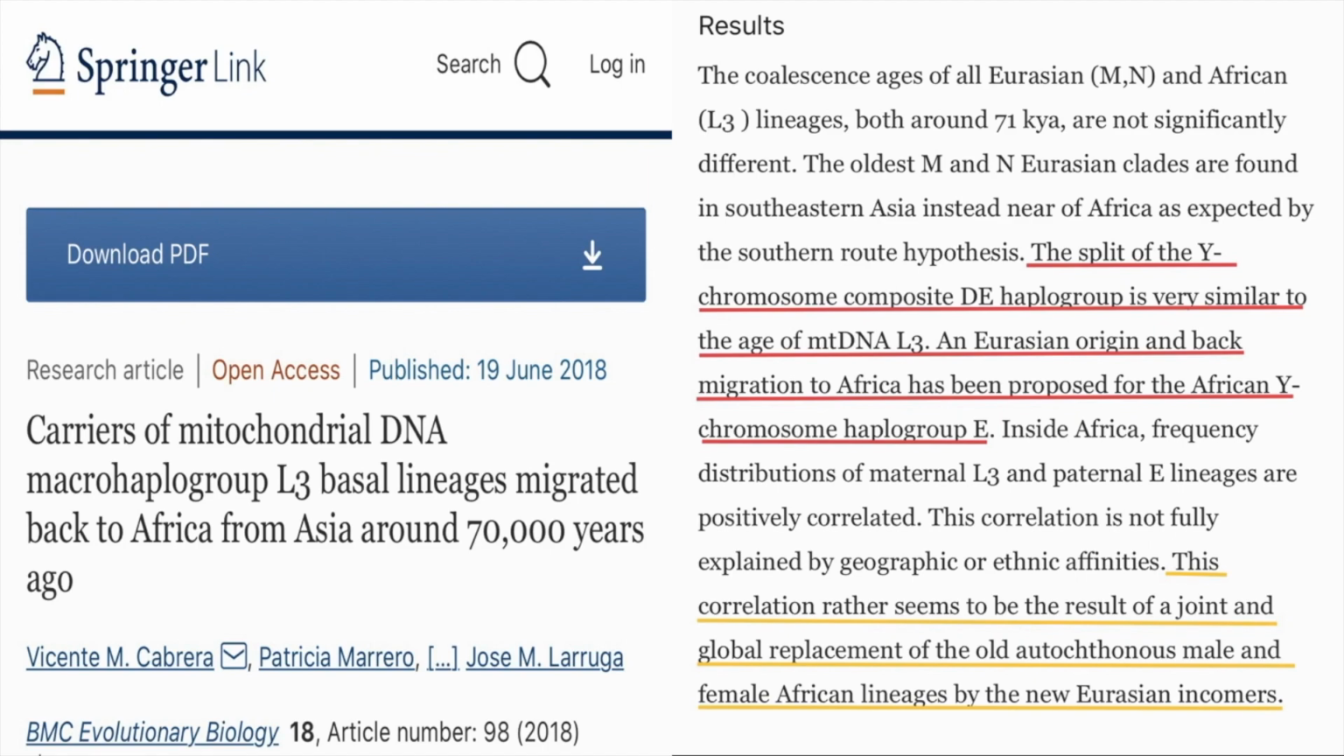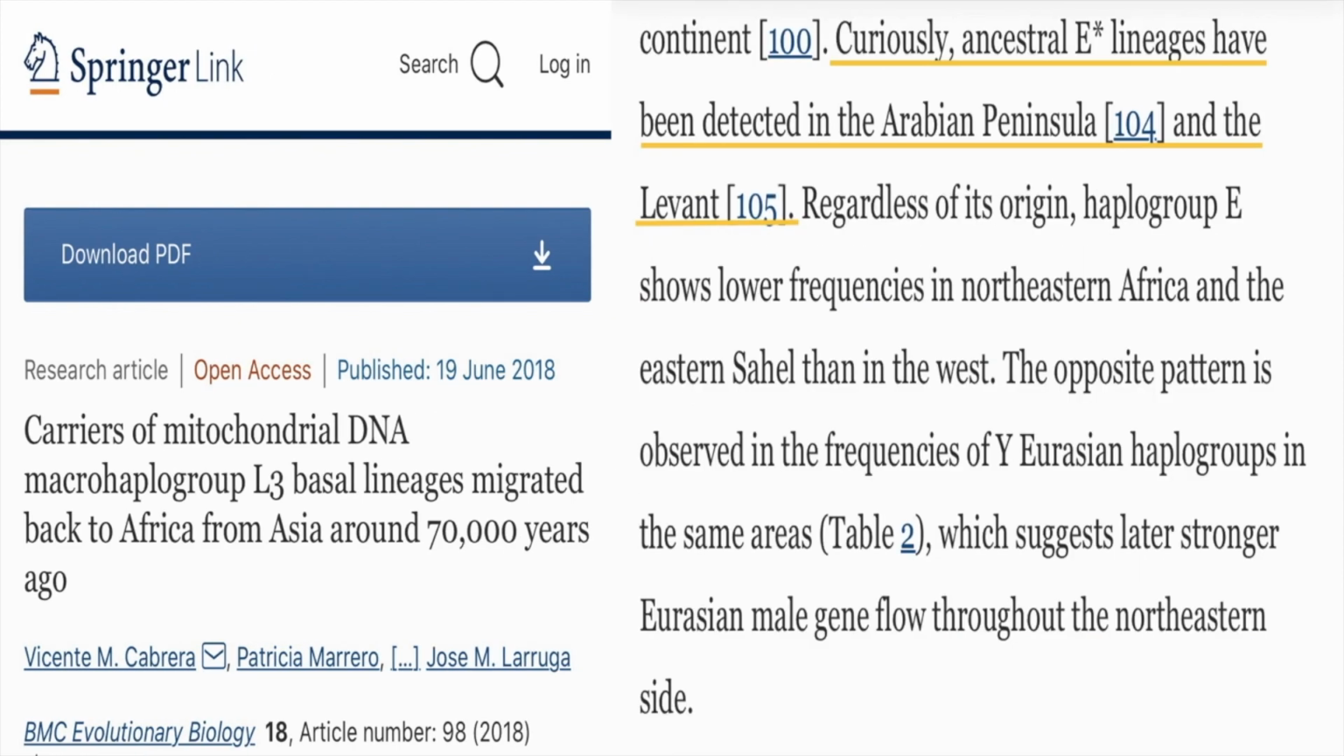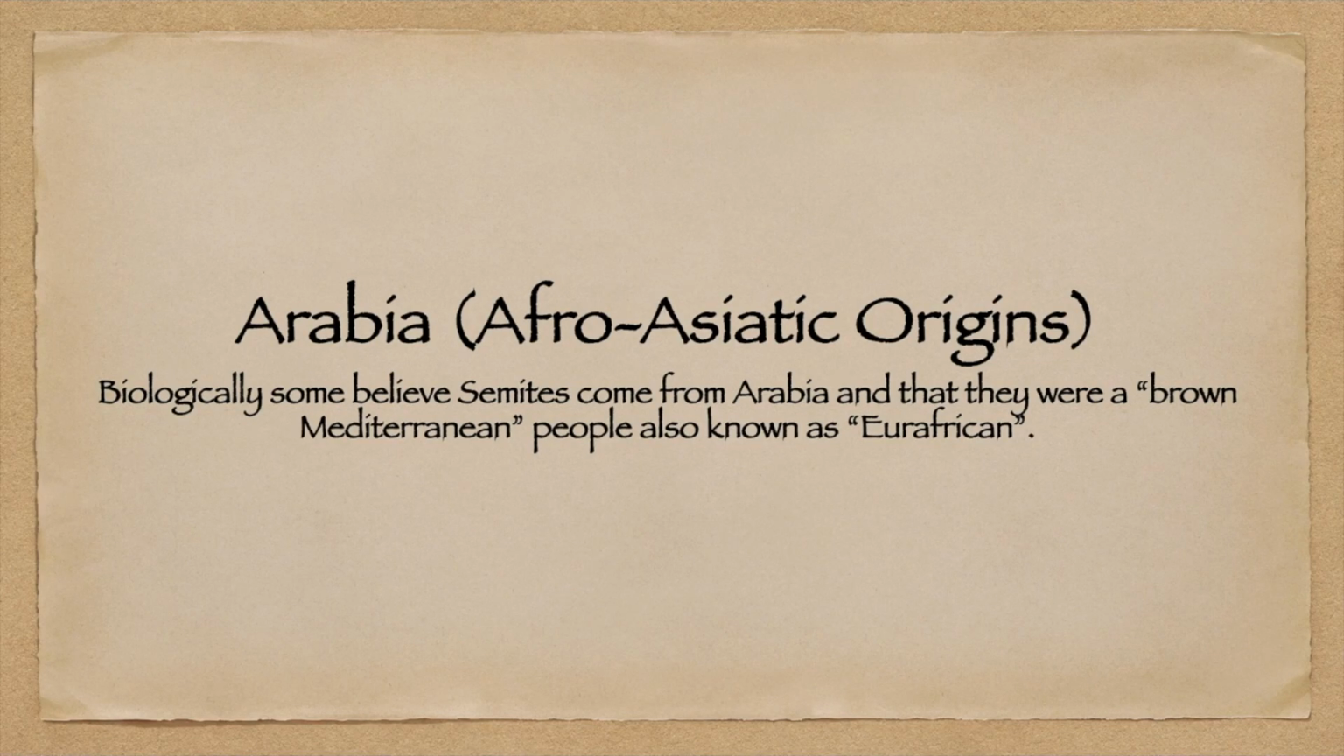So where would it have been for haplogroup E? It reads, curiously, ancestral E-star lineages have been detected in the Arabian Peninsula and the Levant. That star means a very old, ancient form of E. So we do find ancient ancestral lineages of E, or clades or nodes of E, in the Arabian Peninsula and the Levant. So biologically, some believe Semites come from Arabia and that they were a brown Mediterranean people, also known